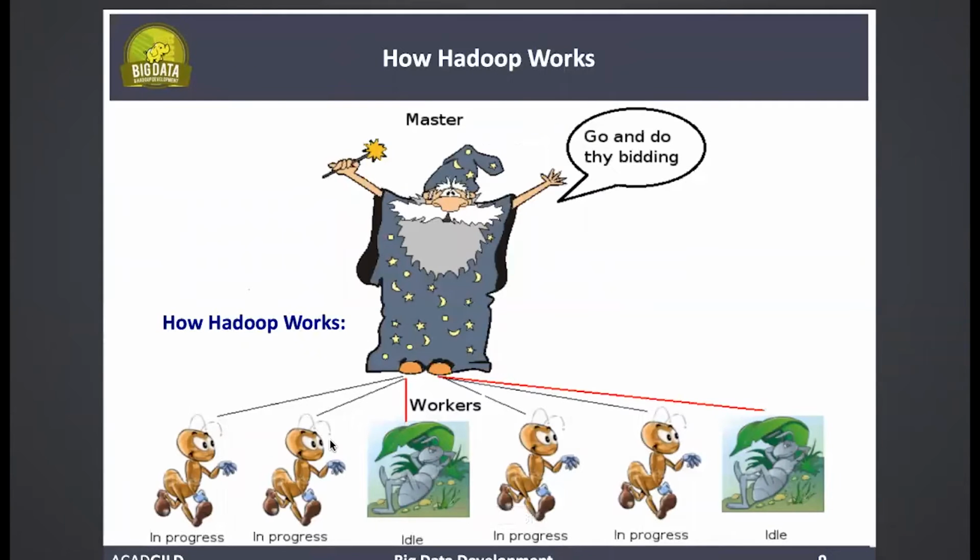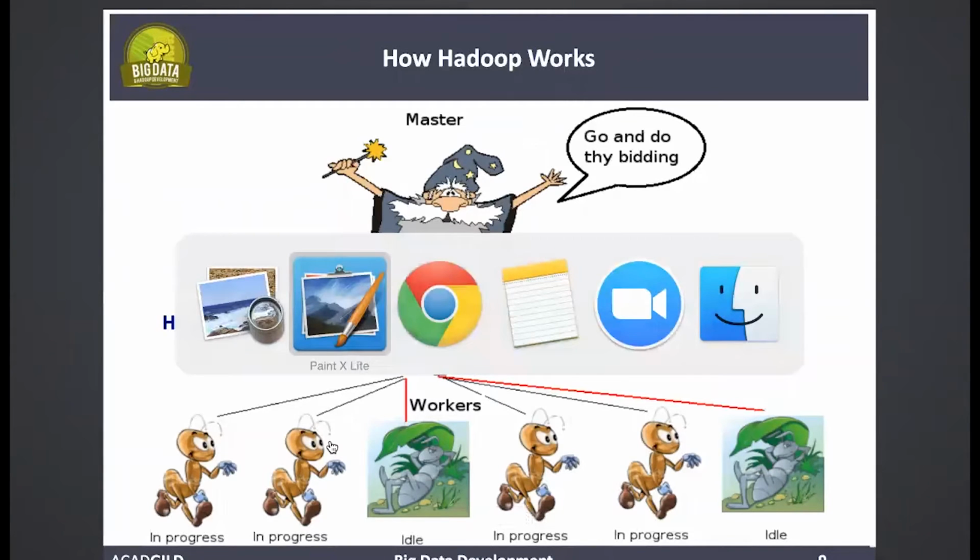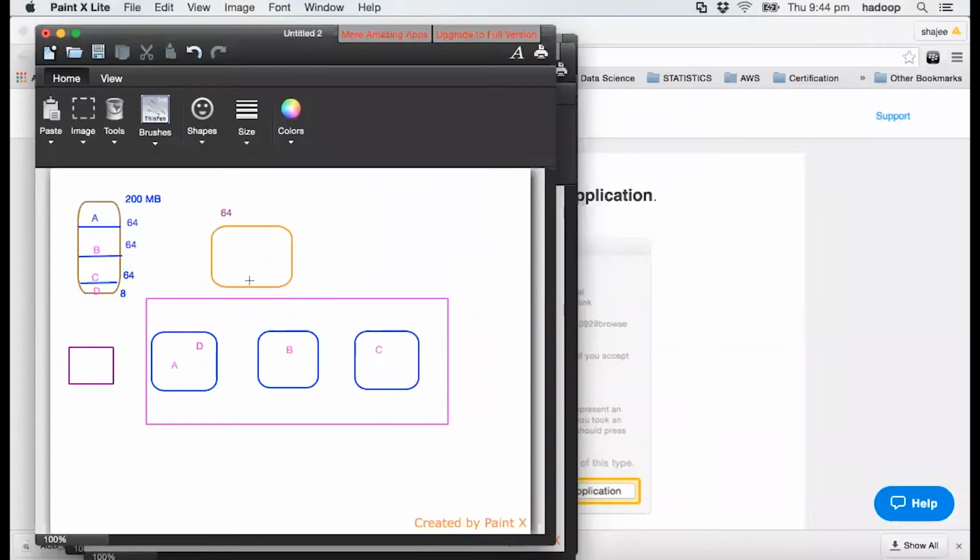So the key concept behind Hadoop is a master and slave architecture. What sort of architecture is being maintained? There is one master and there are multiple slaves, right? That's how the Hadoop environment works. So now let's reshape our figure slightly differently. All this while I was talking about these guys alone, the three who are really going to do the work for you. Now you have someone else who is going to be a master for you. So this is a computer that is going to be a master,